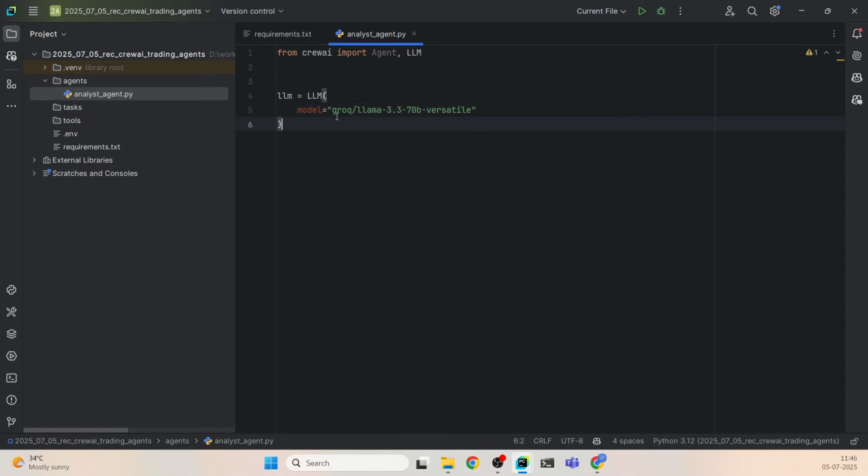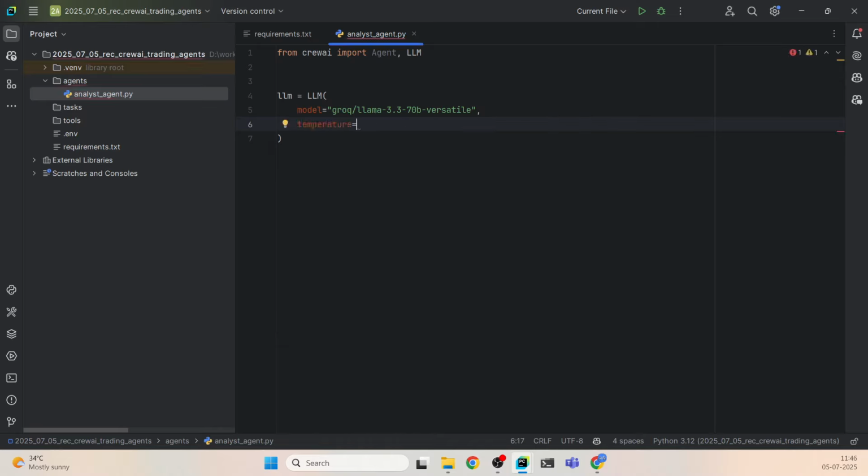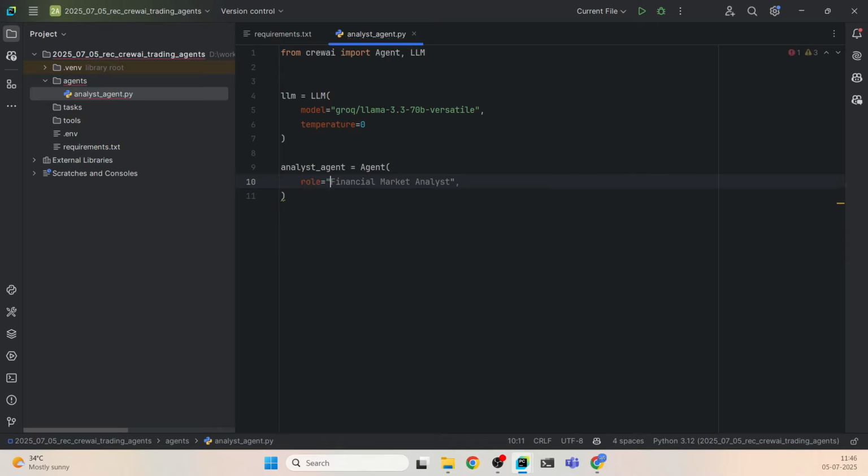If you're using an OpenAI model, instead of groq you would say openai slash the corresponding OpenAI model. Temperature is equal to 0. Let's have the 0 so that our result is reproducible, and then we can create our analyst agent. So I'm going to say analyst agent is equal to Agent, and within this we have to pass a few things. First is the role, and let's call this financial market analyst, and then we have a goal is equal to